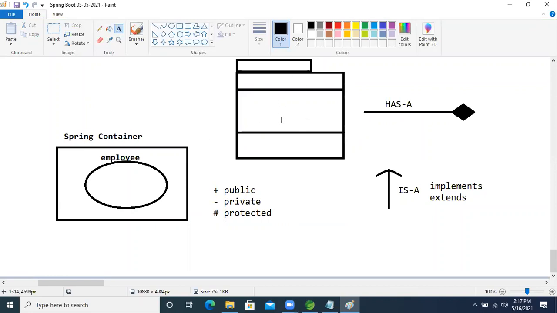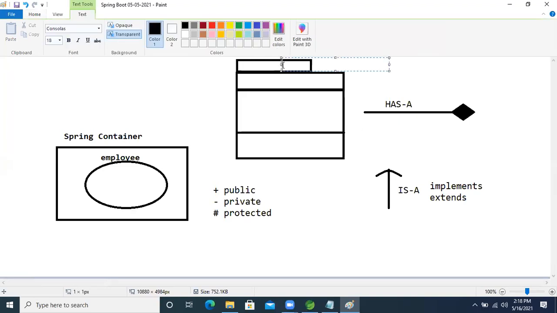So these are the UML notations, and this is how we represent things inside a UML diagram. This is the package statement, this is the class statement, this is the attribute statement, and this is the method statement. So now, let's design one class based on this UML diagram.